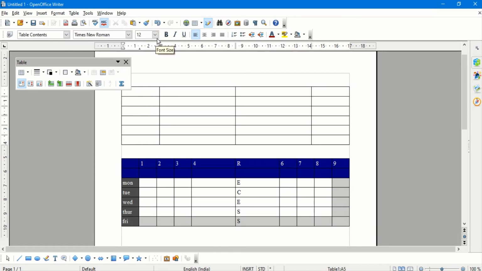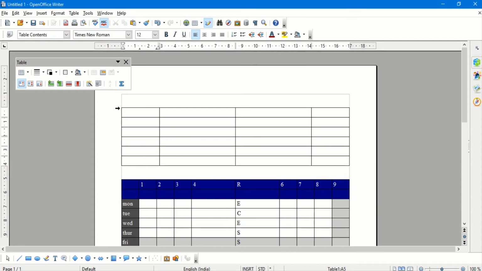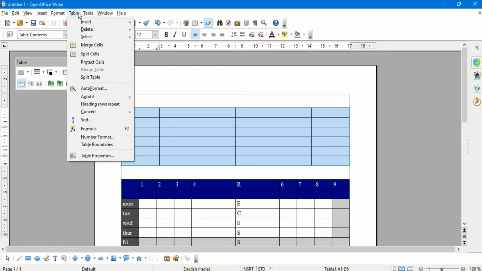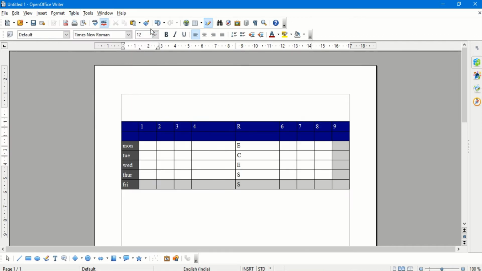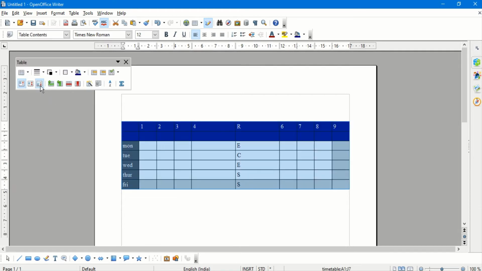So this way I can insert and delete rows and columns. And if I want to delete the entire table, I click on this particular diagonal mark which helps me select the entire table, and then I can click on table and delete the entire table. So the whole table which I created will get deleted in one step. So click here, and here we can do the formatting whichever we want: inserting rows, inserting columns, deleting rows, and deleting columns. So this is the way of doing it.